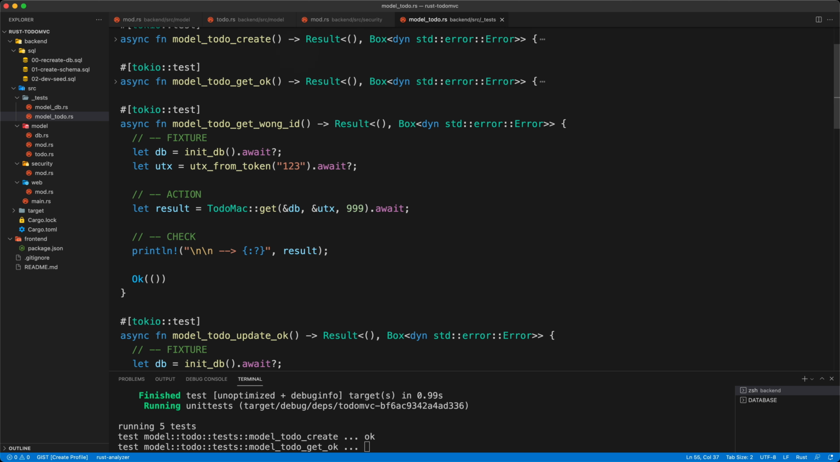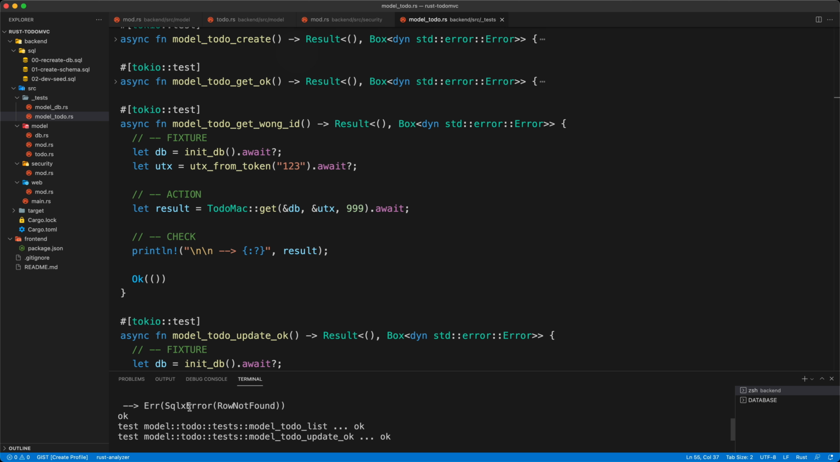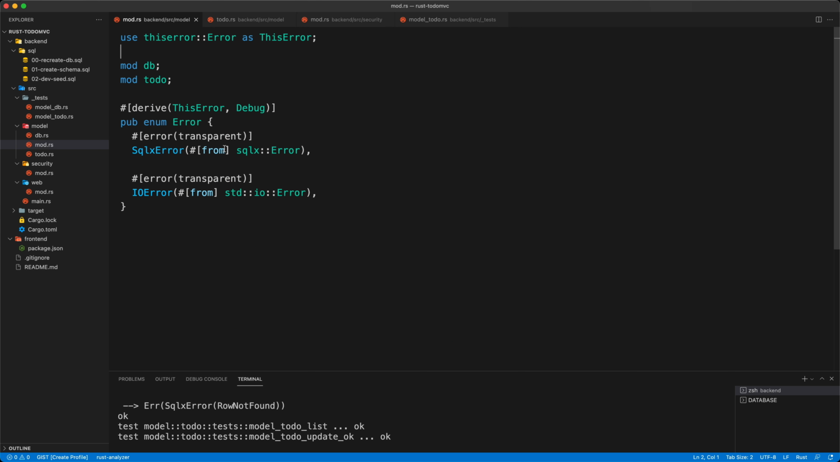We should see 5 tests. And we see our row not found, which is actually a SQLX error. So it does make sense, but we can do a little bit better, because in our code, when we have this kind of error, we really want to know which kind of entity it is. And this is why we wrap SQLX into a model error, such as we can have our own errors if we need to. So to do that, we're going to go back to our mod for the model,